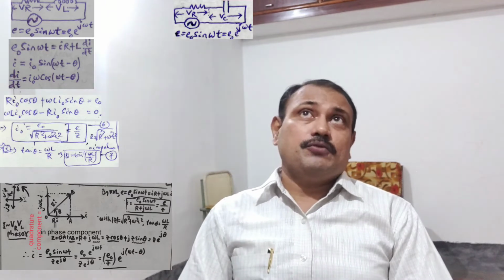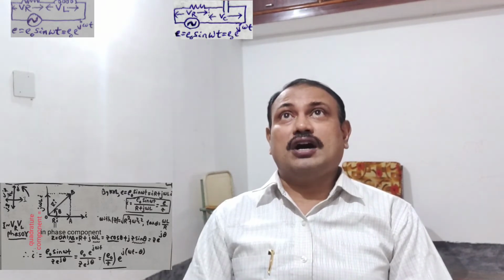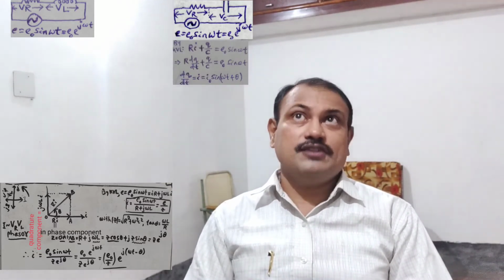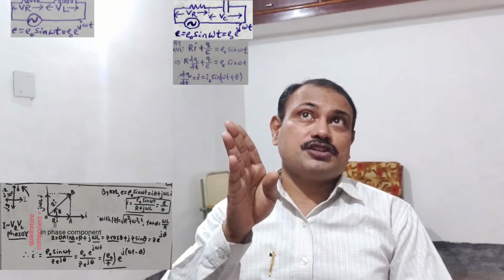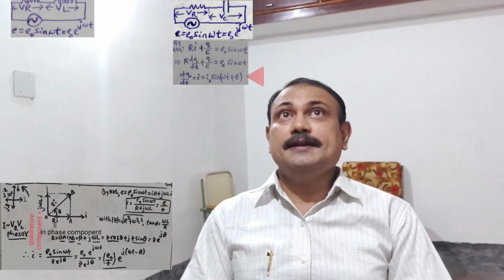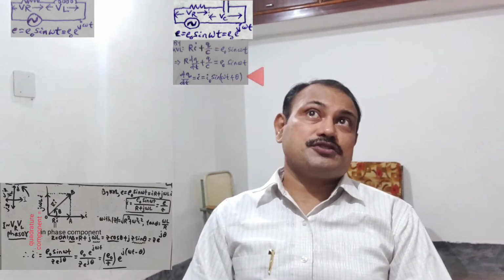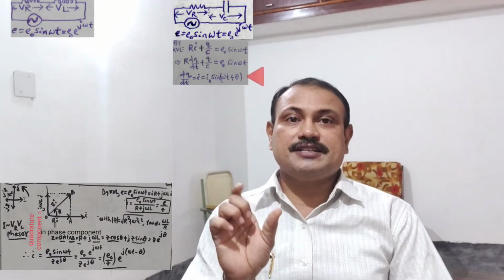In a similar way, we can proceed for the RC circuit, where we can write Kirchhoff's voltage law as Ri plus q by C equal to E0 sin omega t. We can rewrite this expression as R dq by dt plus q by C equal to E0 sin omega t. And as we know, in a capacitive circuit, the EMF lags behind the current, so we can assume our current expression to be I equal to I0 sin omega t plus theta, where theta is the phase difference between